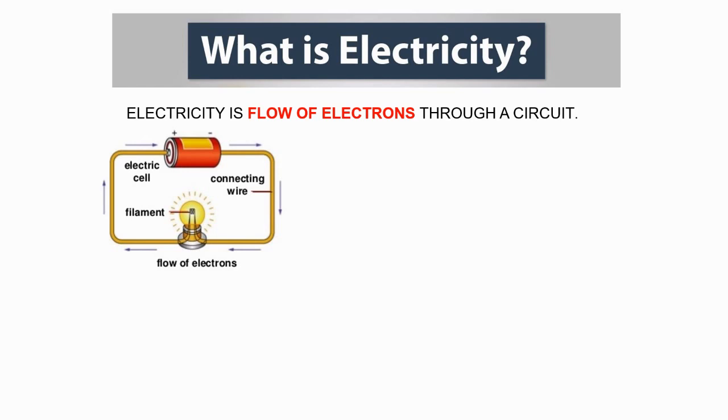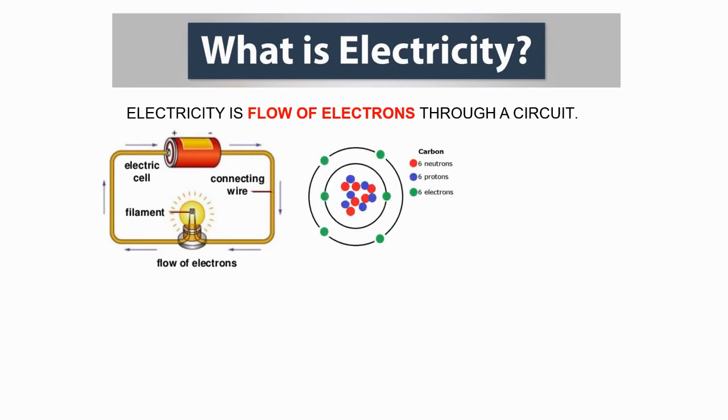Now this connecting wire is nothing but the conductor. And the property of a conductor is to conduct electricity. But why does it conduct electricity? It does because it has free electrons. Before moving on with free electrons, let us understand the structure of an atom. All the objects and things around us are made up of many atoms. An atom is the smallest unit of matter.